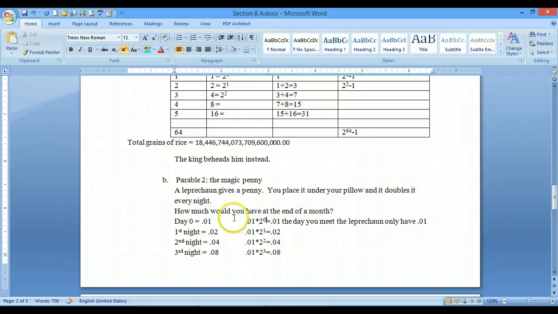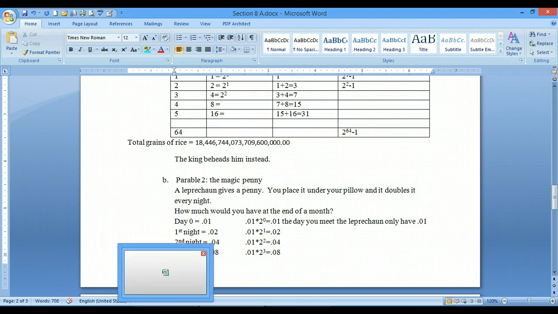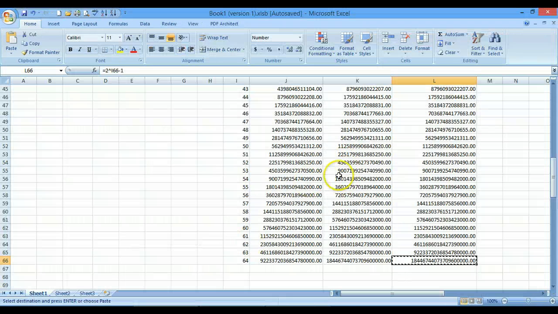Now to figure out, this is day 0, 2 to the 0 is 1. 1 times 1 gives me 1 penny times 1, or 1 penny, and so forth. The next one gives me 2. 2 being raised to the 1 matches the 1 over here, which gives me 2, and so on here. Or we could do it in Microsoft Excel by,